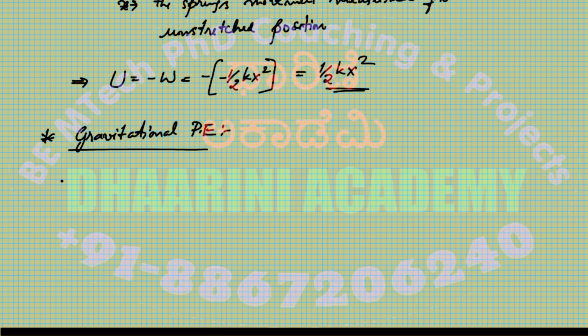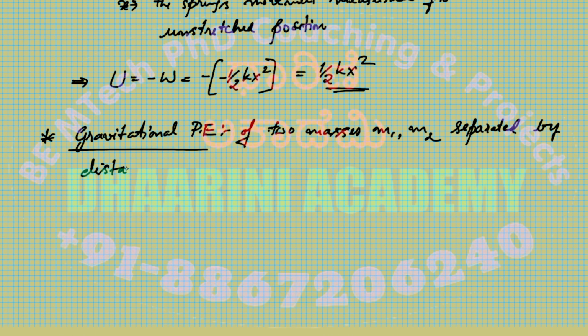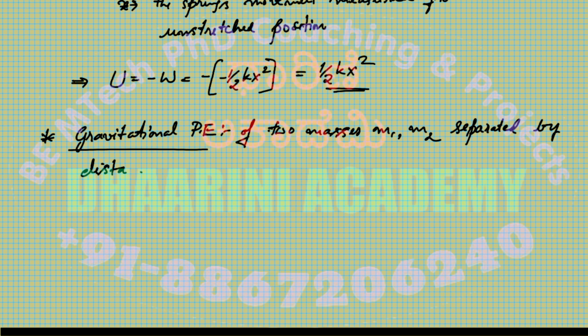So the gravitational potential energy of two masses m1, m2, separated by a certain distance r,